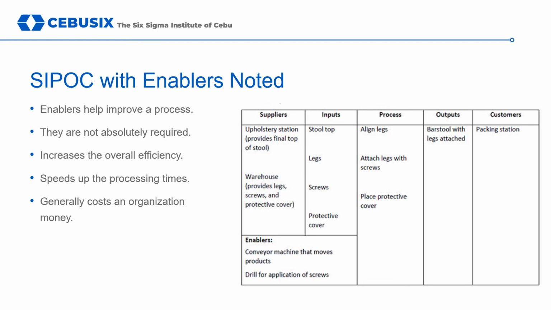Without the conveyor machine, people involved in the process would have to move items manually. The conveyor isn't 100% required for legs to be added to the stool, but it enables the process to move at a more efficient pace. A case could be made that the drill isn't required either. Screws can be installed manually, but it's certainly what enables the process to move at a speed required for mass production. With just the simple SIPOC diagram of a process, a Six Sigma team would already have some idea about where variation could be hiding, what drives efficiencies in the process, and how the process relates to the overall business